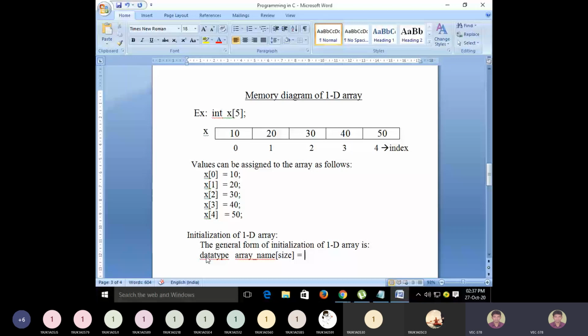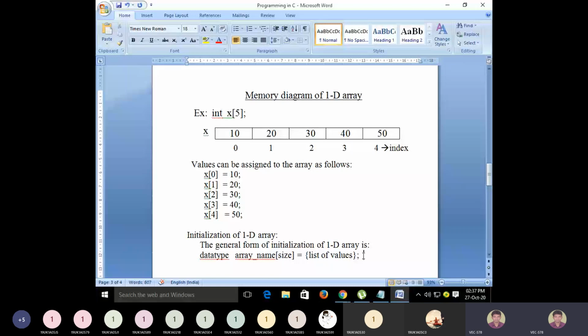Because you are assigning more than one value, those values must be enclosed in curly braces. So you specify the list of values within the braces, then close and end with a semicolon. So it should begin with the data type followed by the array name, and within the brackets specify the size of the array, and after the assignment operator specify all the elements within the curly braces.